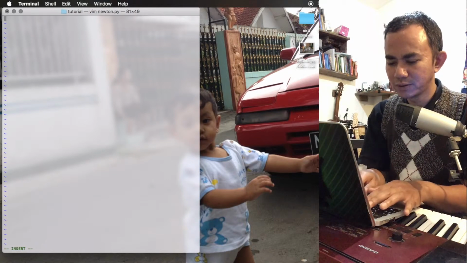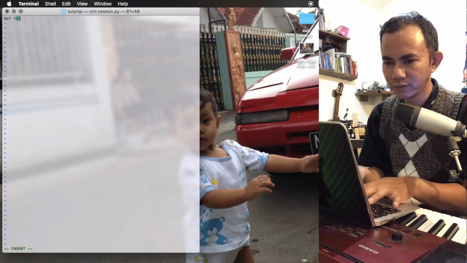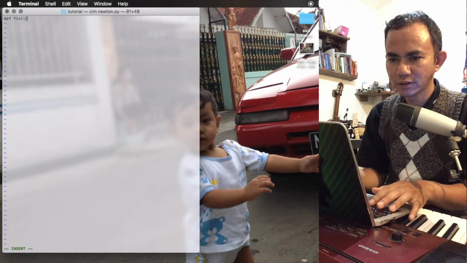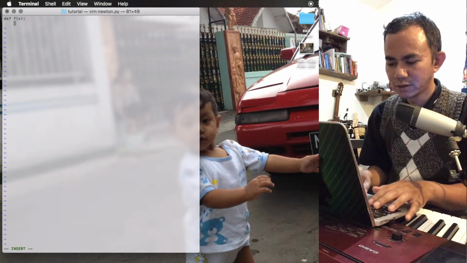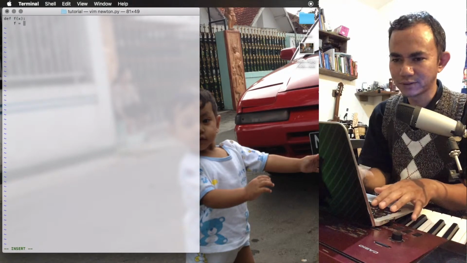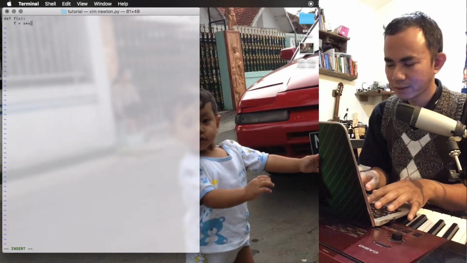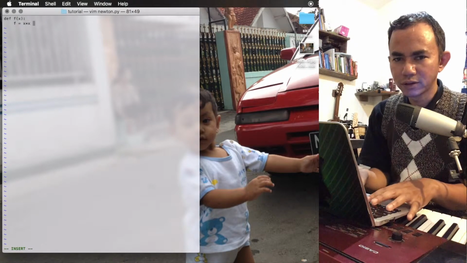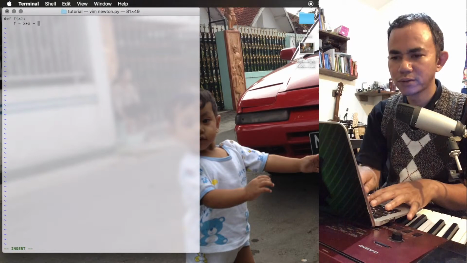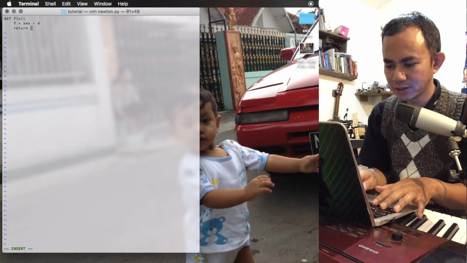Okay, first we will define the function. I will use f(x) for the function. We use a function we know the root of, for double checking: x squared minus 4. We return this value, return f.